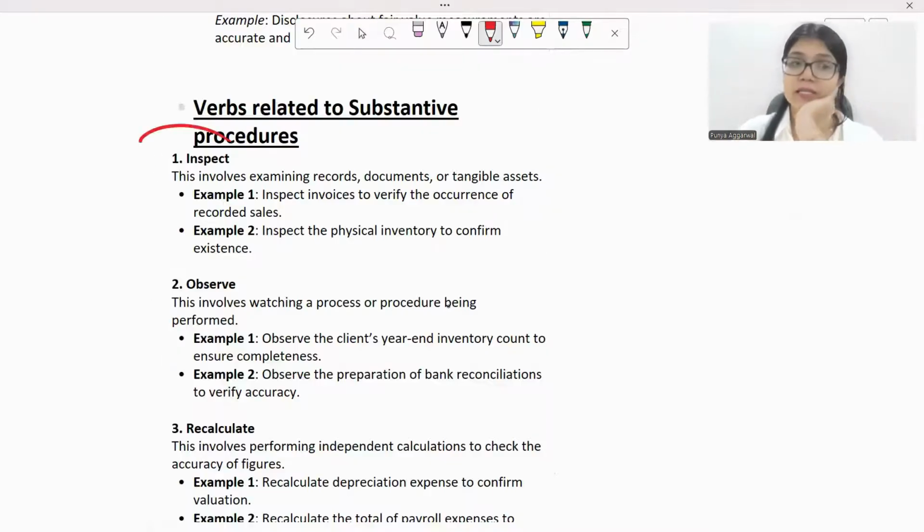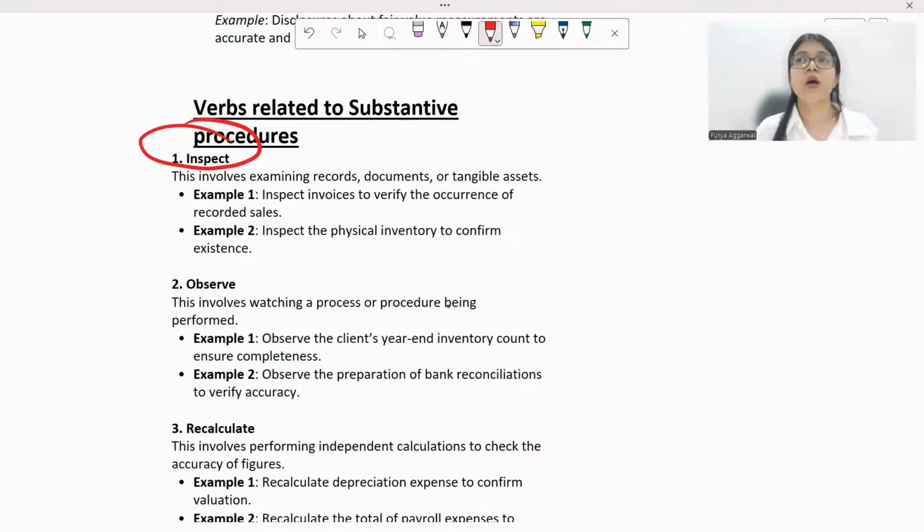First of all is inspection. Okay, so I'll give you a quick example as well for this one. When you were in school or college, on a quarterly basis or on a monthly basis, your principal used to come and inspect the classroom. She used to sit at the end and inspect, is everything going right or not. Or she used to also see your copies, the teachers' notebooks, and whatever is going on in the class. So with a questioning eye, she used to sit at your last desk and inspect the students, inspect your notebooks as well, how much syllabus has been completed, what is happening in the classroom.